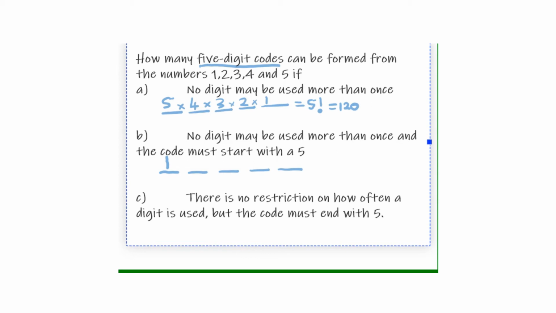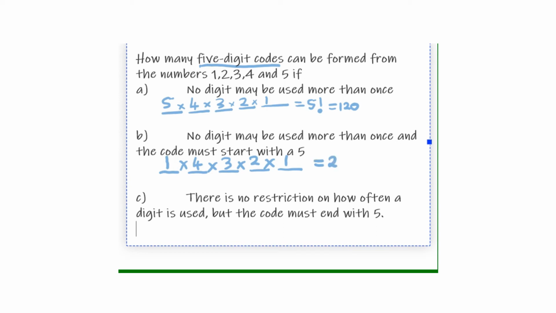So if we have used the 5 already, we are left with 4 digits. Then from there we use 1 again, we are left with 3, with 2, then 1, from which we must also multiply, which is 4 times 3 times 2 times 1,